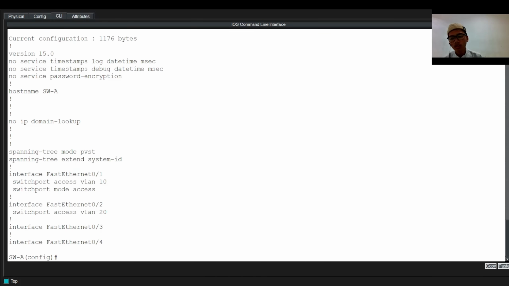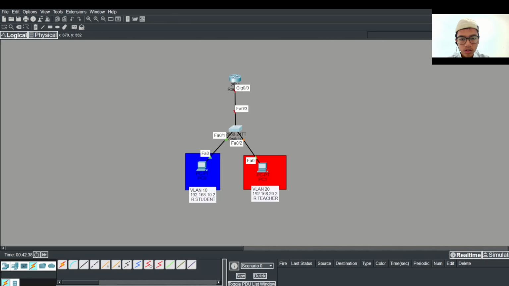After we made the VLANs, and to connect the router and the switch, we must use the configuration named mode trunk. So in FA0/3, we are going to configure switchport mode trunk.